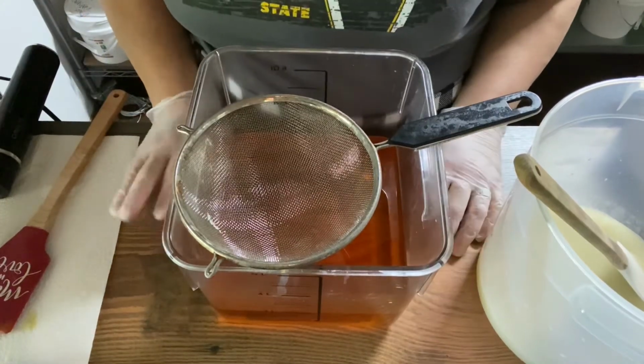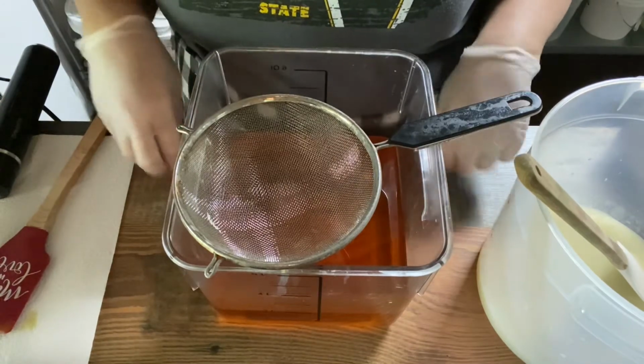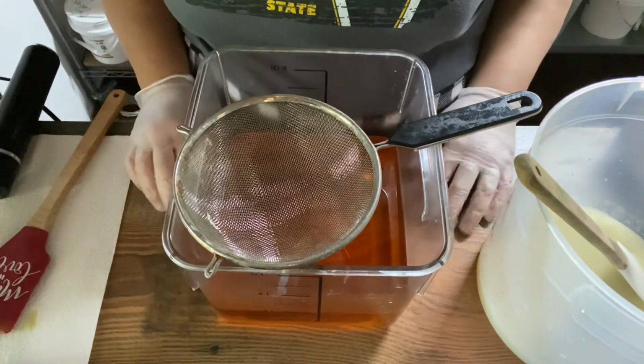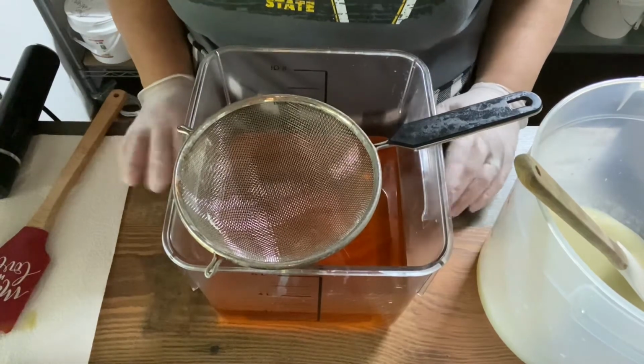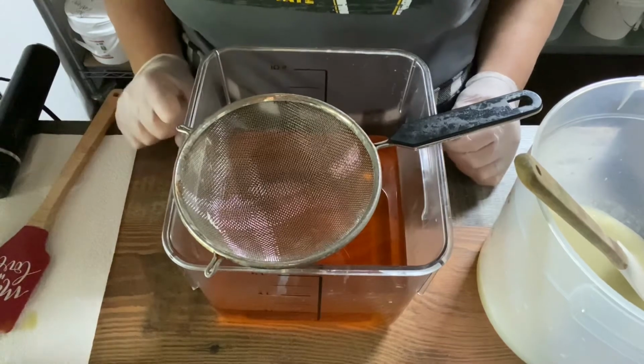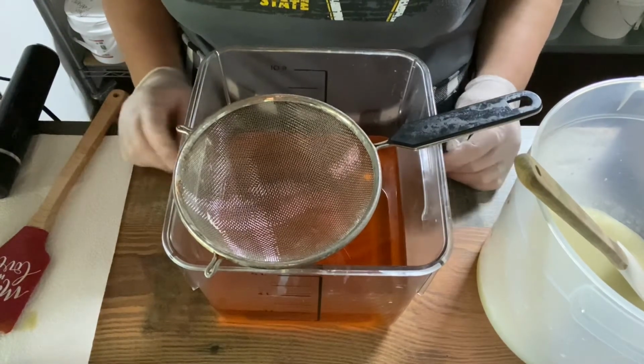Hey y'all, today we're making a naturally based, all natural goat milk soap. It is our Four Thieves Plus. If you know the story of the Four Thieves, it is an essential oil based blend. As I said, it's an essential oil blend, and I'm going to share with you not the ratios, because